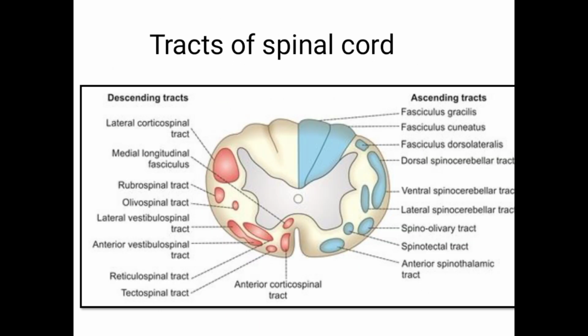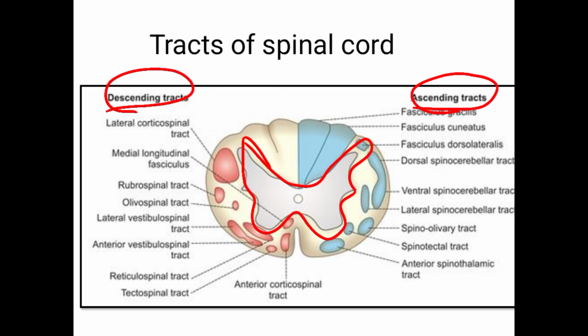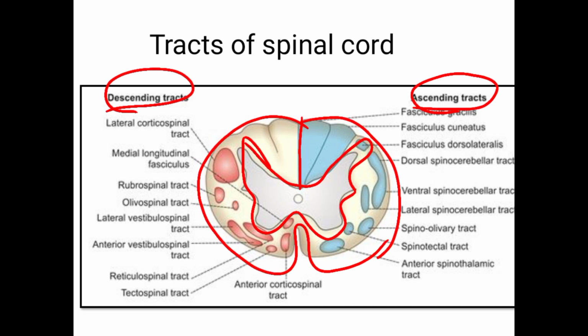Okay, next you have to practice this diagram to learn about the tracts present in the spinal cord. The tracts on the left side you see are all descending tracts, on the right side you see they are all ascending tracts. If I start with the left side tracts, first you have to draw the diagram. First you draw the spinal cord, the gray matter, the shape. Okay, next you draw, this is the way how to draw. After that, you draw the tract.